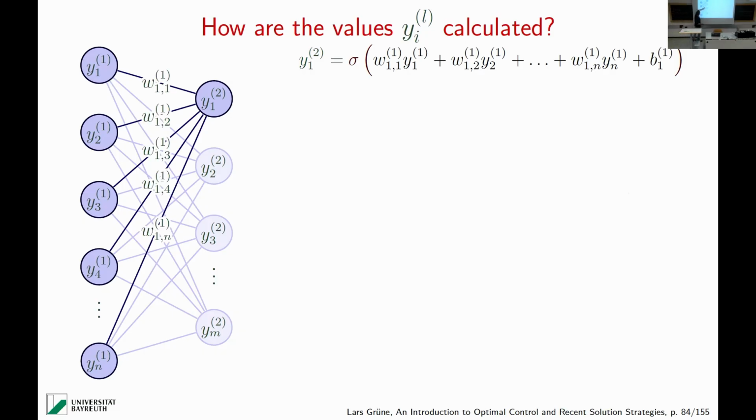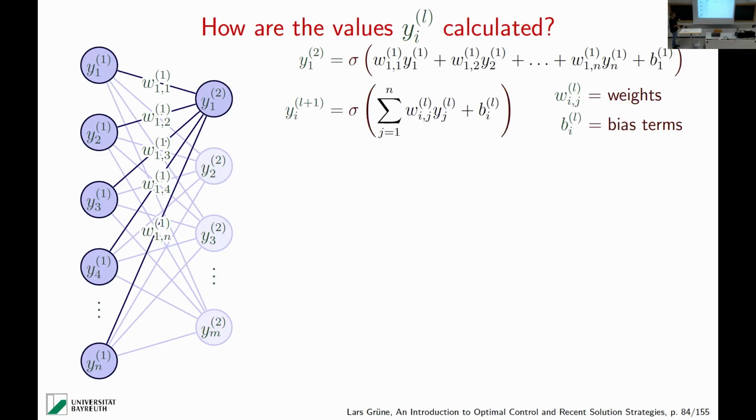They kind of multiply the values that get in there. And as I said, W are called weights, and this B is called the bias term. This is the short way of writing it, convenient with a sum. And this works for arbitrary L here. And L is always the level or the layer, actually. So this would be the second layer. This would be the first layer. And of course, if we are in the very first layer, then the input would not be y's, but the x's, right? Yeah, sigma is what is called an activation function.